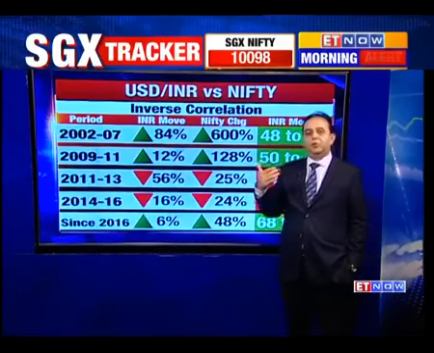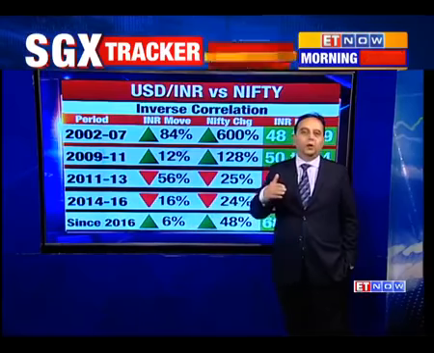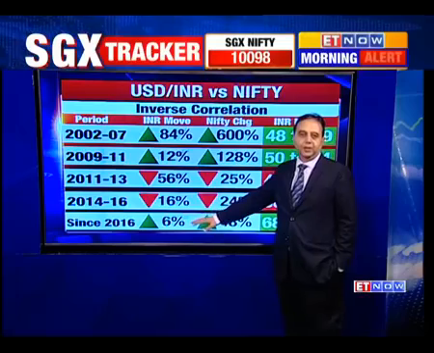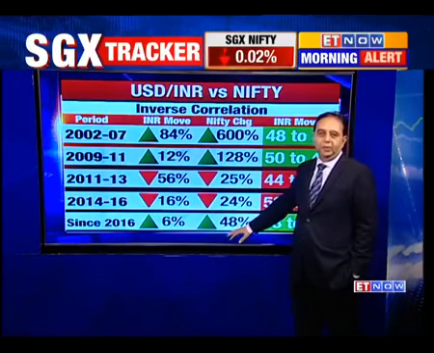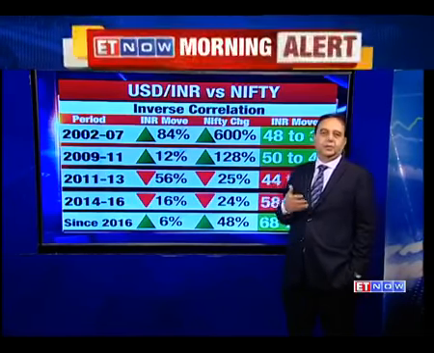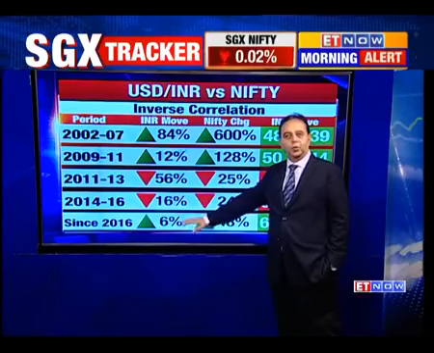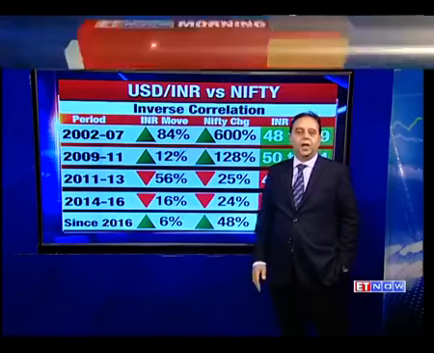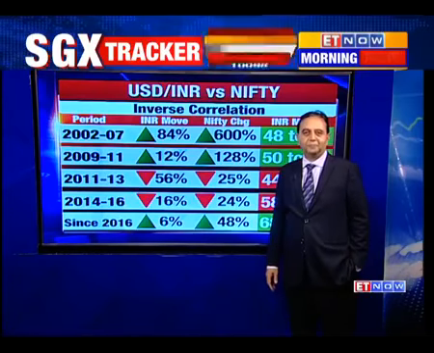So if the INR were to move from the current 64 to about 60, the 6% will go up to about 11.5 to 12%, which is in line with the range. So if you have expectation that the INR would become stronger moving ahead, which is my expectation, I do believe it will fuel further advances in the Nifty, and the minimum that I would expect is something like 10,600. So the INR moves, which seem set to become stronger, will fuel further moves in the Nifty, and we should be seeing further highs in the Nifty is my thesis for the plasma this week.